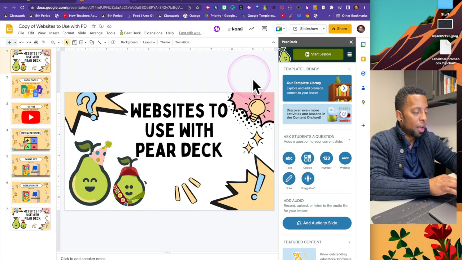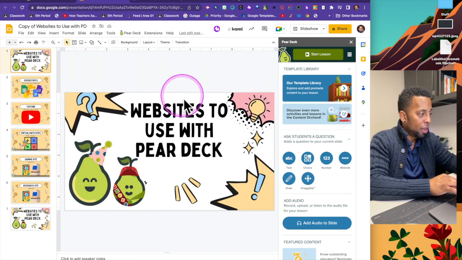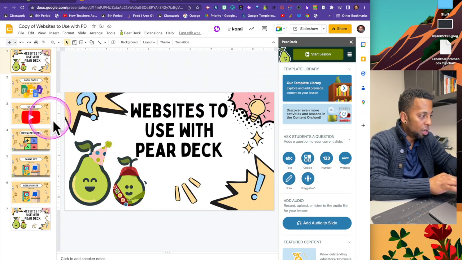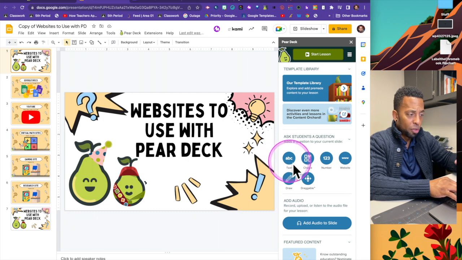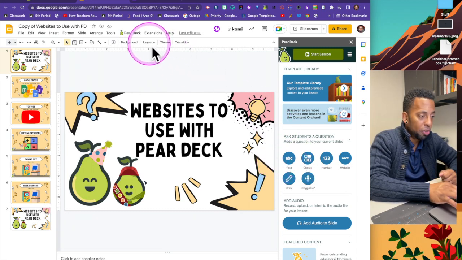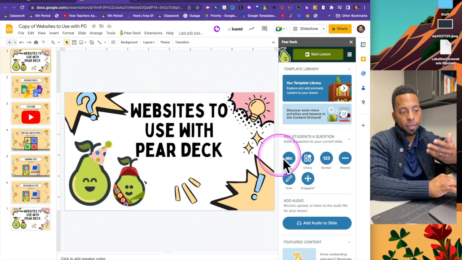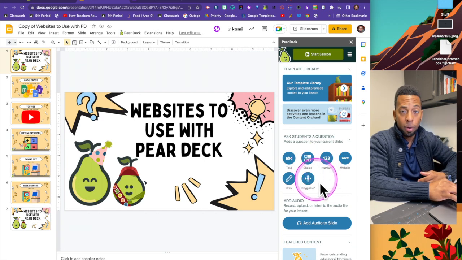So here, I've got my Pear Deck running, and I've got Google Slides open. I've got all my content done. The slides are finished, and so when I run the Pear Deck add-on or extension here, I have my little dashboard for Pear Deck that shows up. And so I get my options for the interactive elements, things like text, choice, number, and one of them is